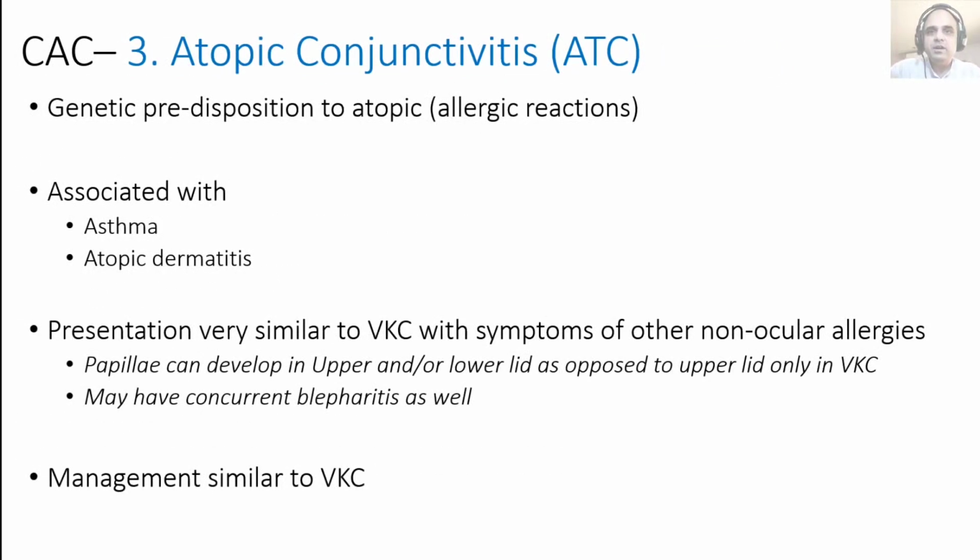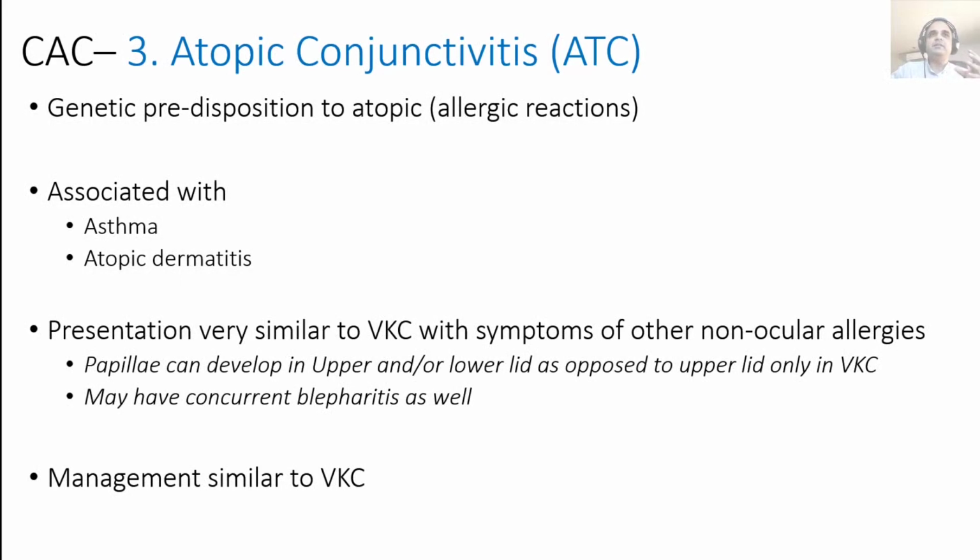Then the third type of chronic allergic conjunctivitis that we need to talk about is atopic conjunctivitis. And this is a patient who has atopy, i.e. genetic predisposition to allergic reactions. And this is associated with other atopic disorders like asthma and atopic dermatitis. And the presentation is very similar to VKC. And obviously,